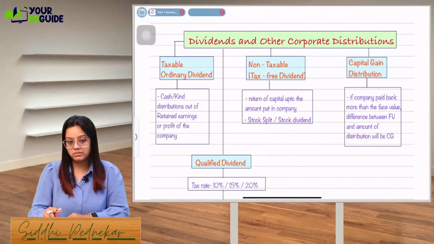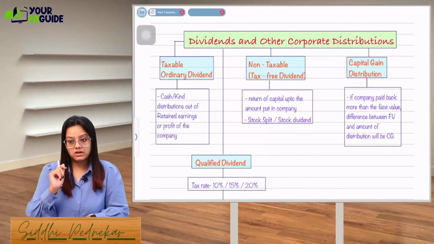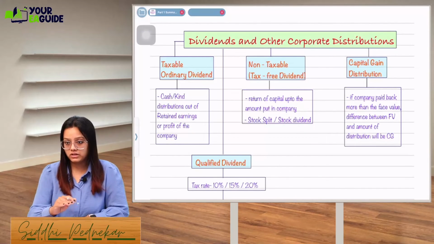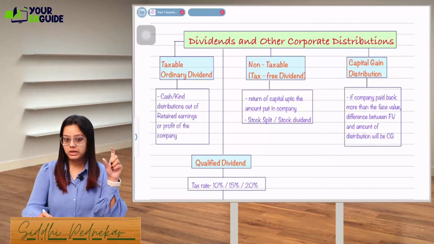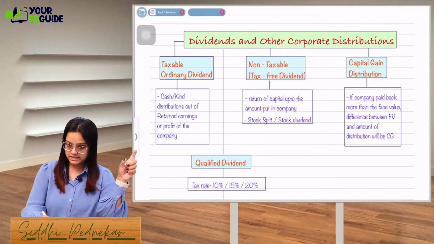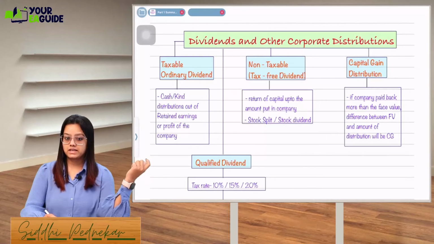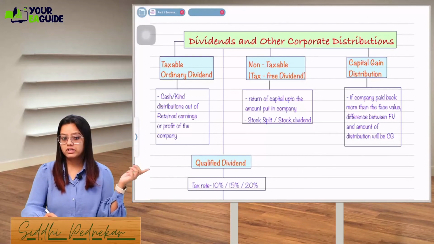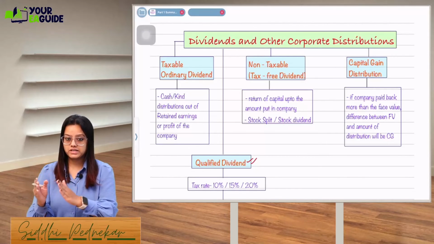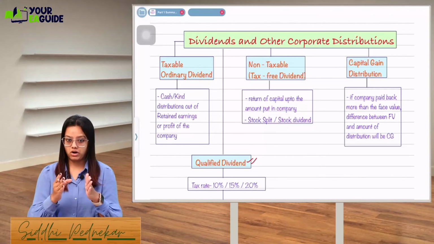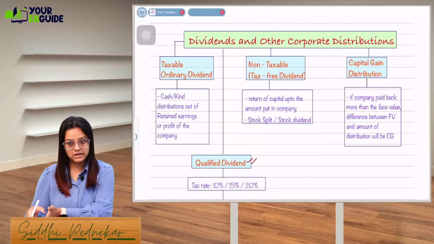Please do read the theory, but right now just understand the quick concept, which will be helpful in solving the exam questions. Dividend will be taxable or non-taxable, or it can be considered as a capital gain distribution, or one more is a qualified dividend. This we'll do later. First, let's do the first 3 points. Either it can be taxable, or non-taxable, or there can be a capital gain distribution on